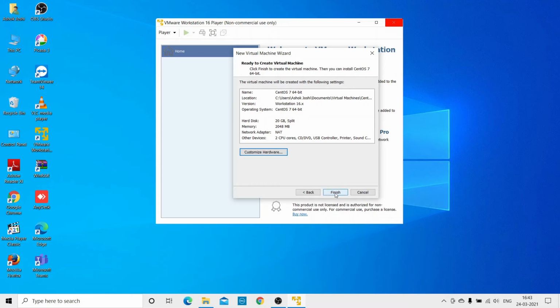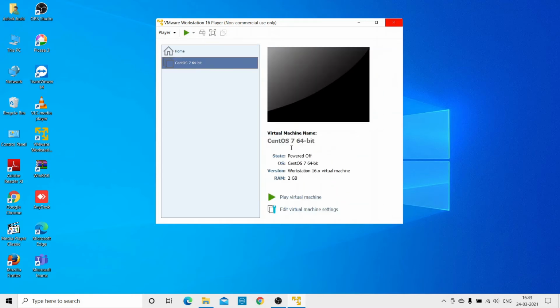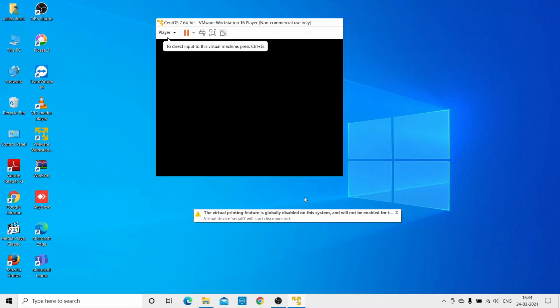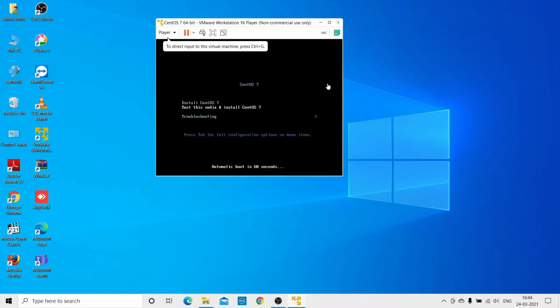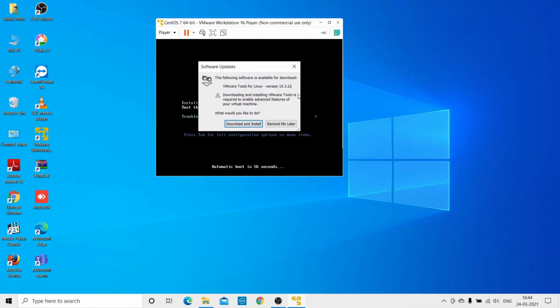Okay, and now you have to click on finish, and after clicking on finish you can see this is the virtual machine that you have created right now. But now it is just a dumb machine that has not read the content of your ISO. So you'll have to click on this to install CentOS in this virtual machine. Click play virtual machine now. Okay, now it will ask you whether to install or you want to test.